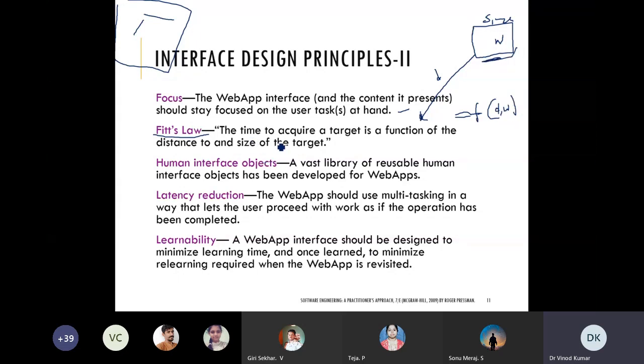So Fitts' law: the time to acquire a target is a function of the distance and the size of the target.